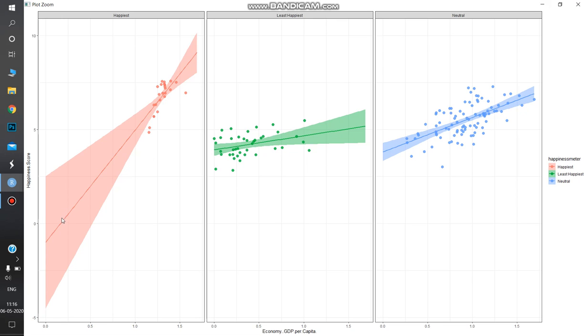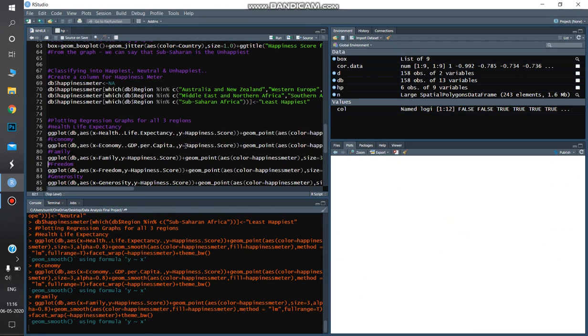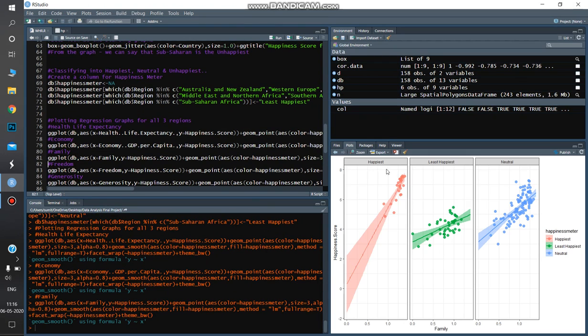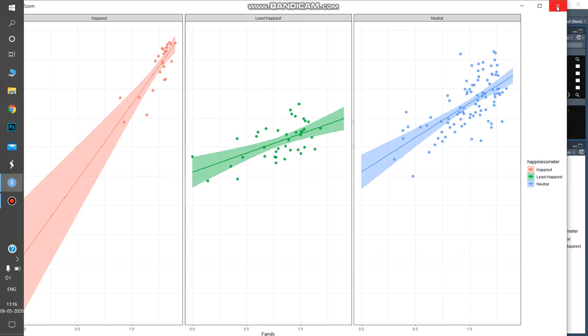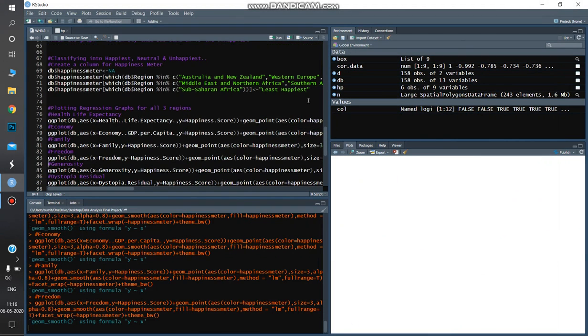From this we can say that the happiest countries have the highest economy. Next, coming to family. Next is freedom.